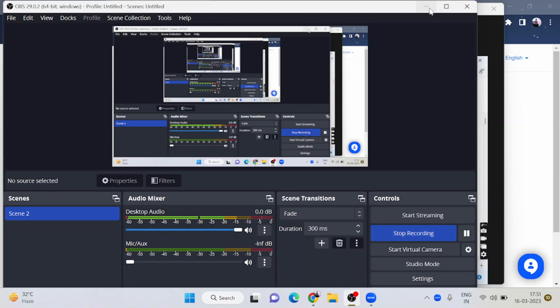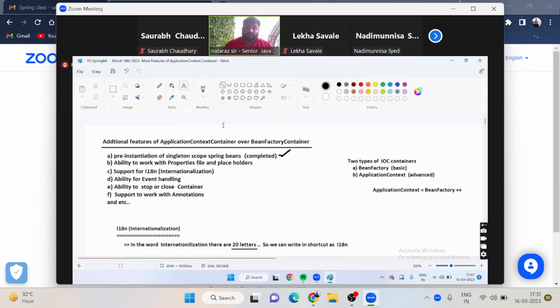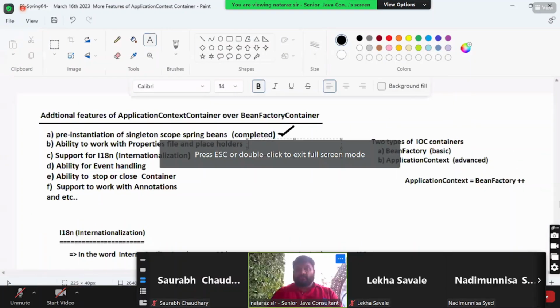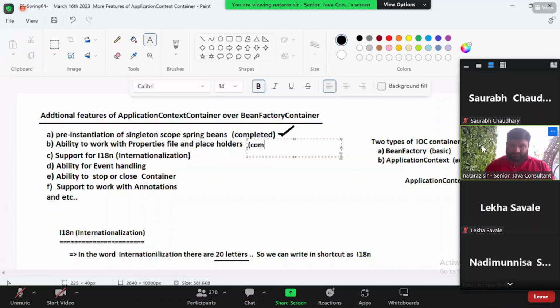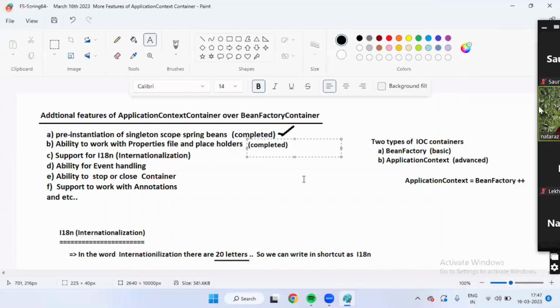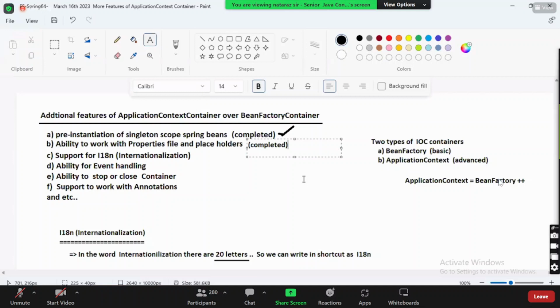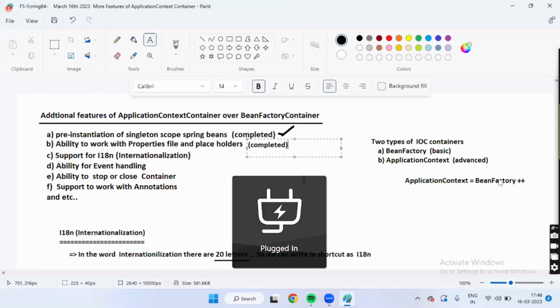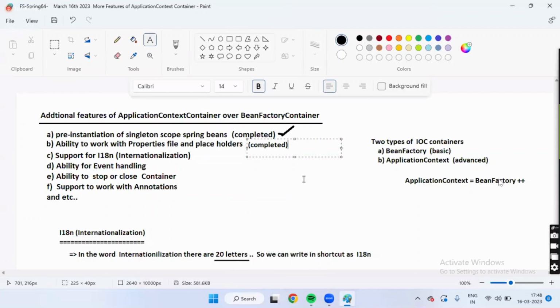Work with properties, files, and placeholders. Ability to work with property files and placeholders. We already completed this feature also, guys. Come on, my dear. The other day we discussed the properties file, the context:property-placeholder tag, the @PropertySource tag,